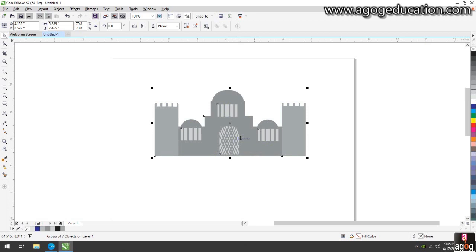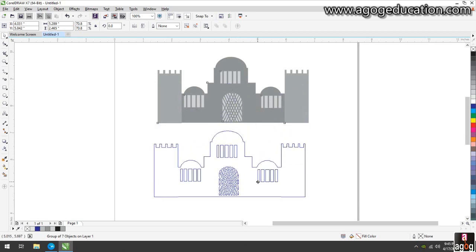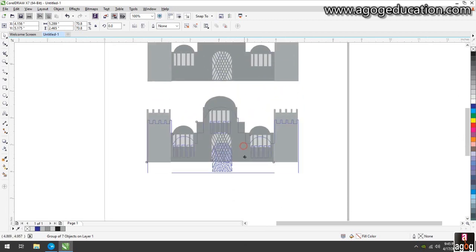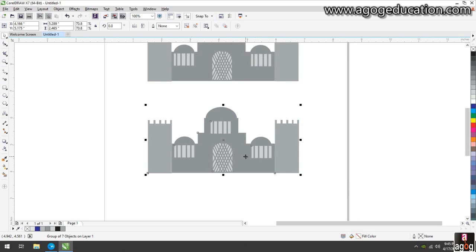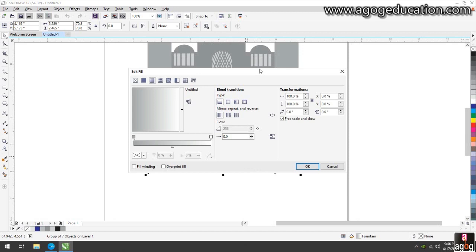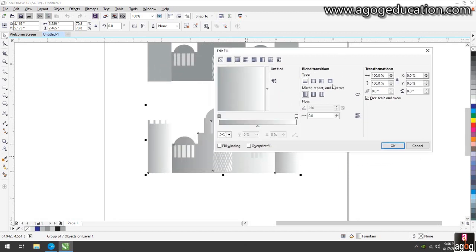We will discuss all the important and some interesting tools, because we are now using only solid color in our shapes. In our next tutorial I will show you how you can mix more than two colors using the gradient tool. I'm just showing you a preview of gradient. I'm not going to teach you gradient now.